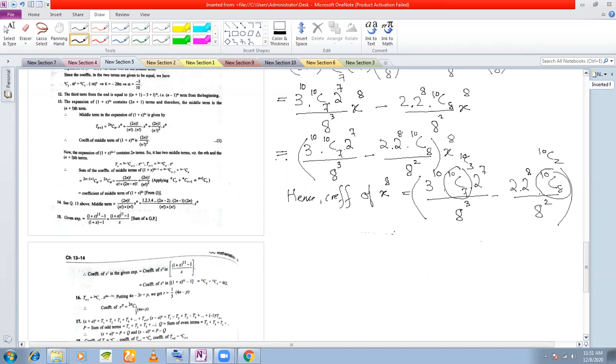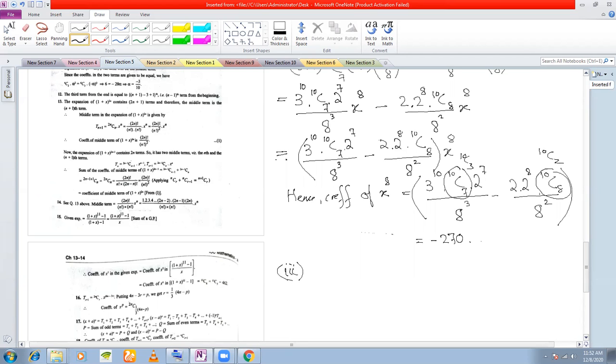In fact, the coefficient of x to the power of 8 in this expansion. Okay. And this, if you calculate, should come to minus 270. The next part of this question here is